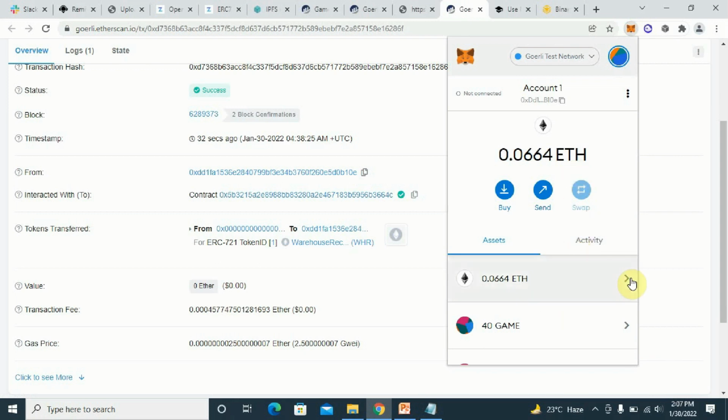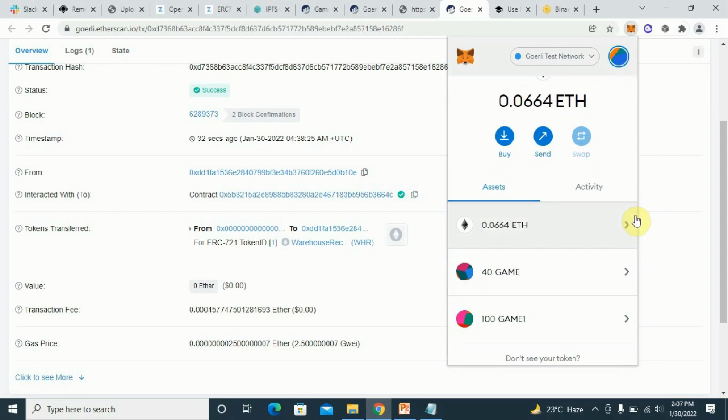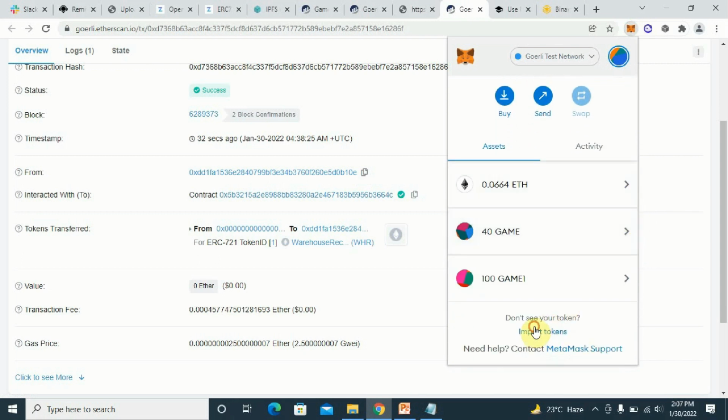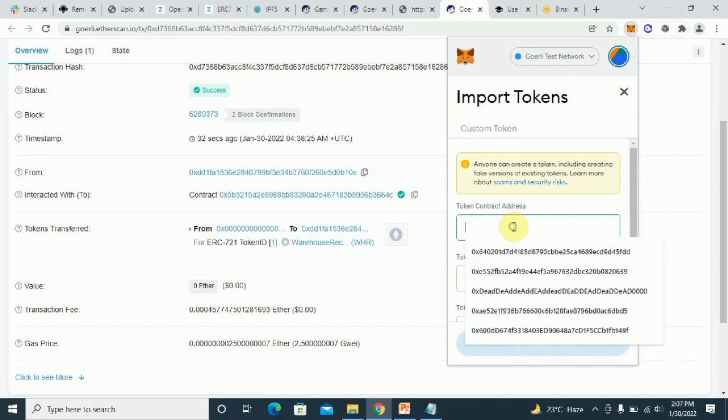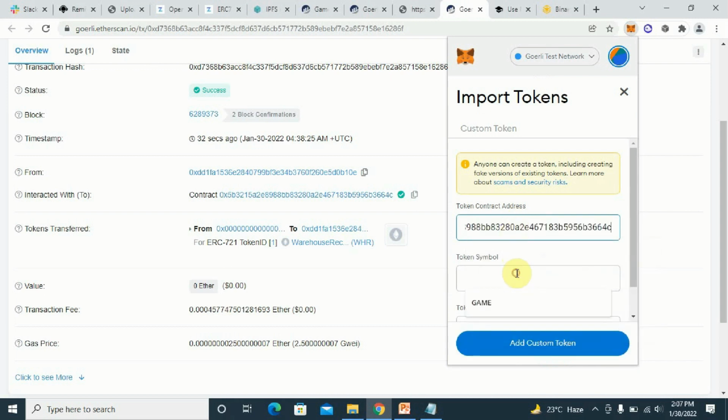So now if you scroll down a little, you can see import tokens. So I click on that. I paste my contract address here, and